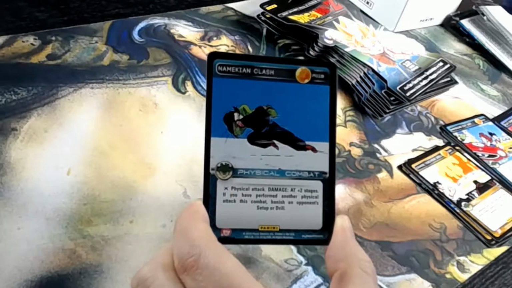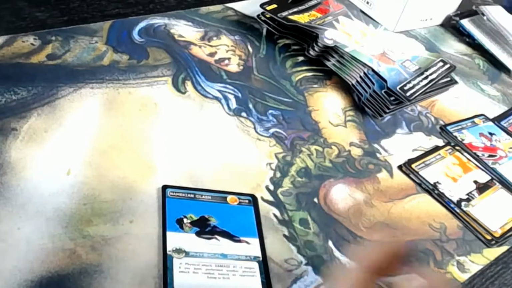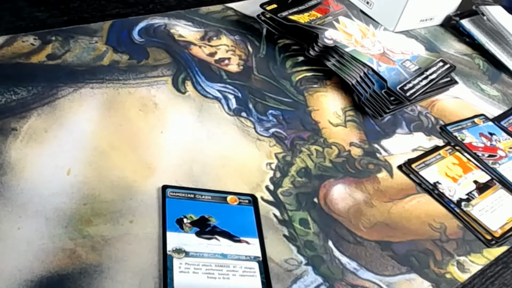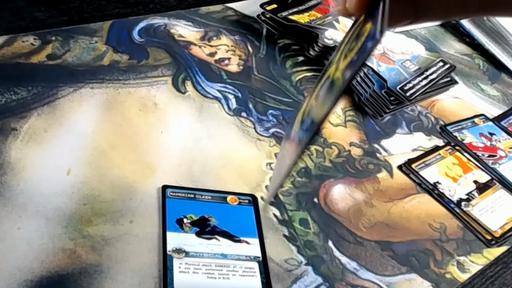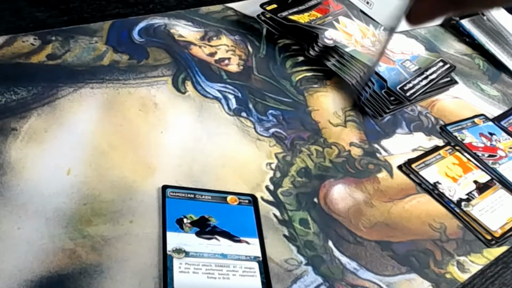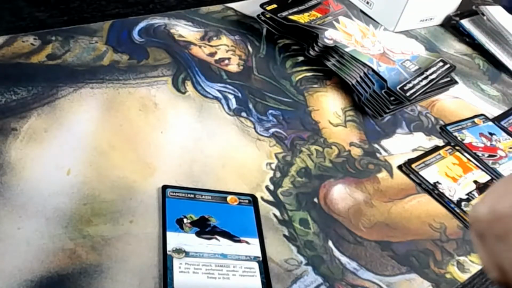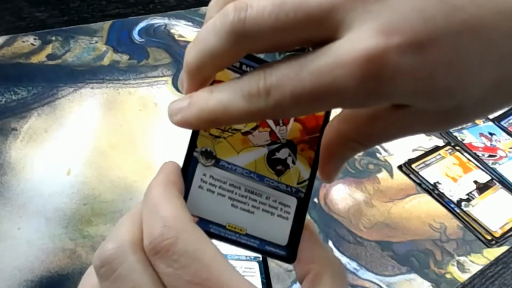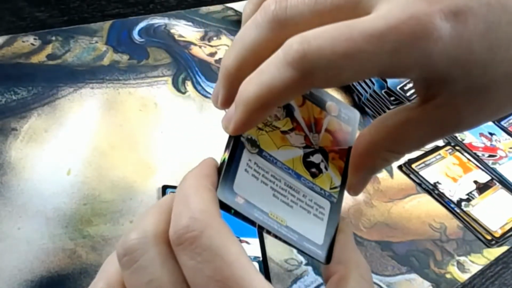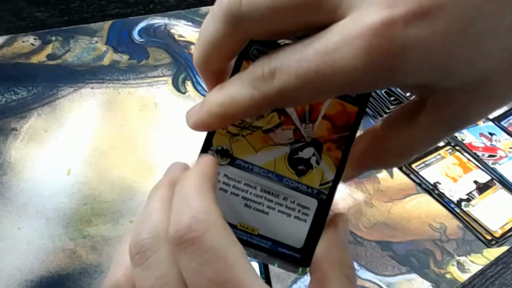Namekian Clash is our rare, and you can see it looks like we've got something going on here. It looks like the two cards are literally stuck together. I can promise you right now, I am not doing any tricks with that. I am trying to show you that they are literally stuck together, these two cards. And I think that's our foil behind there too. In fact, you can confirm it's our foil, so that is very disappointing